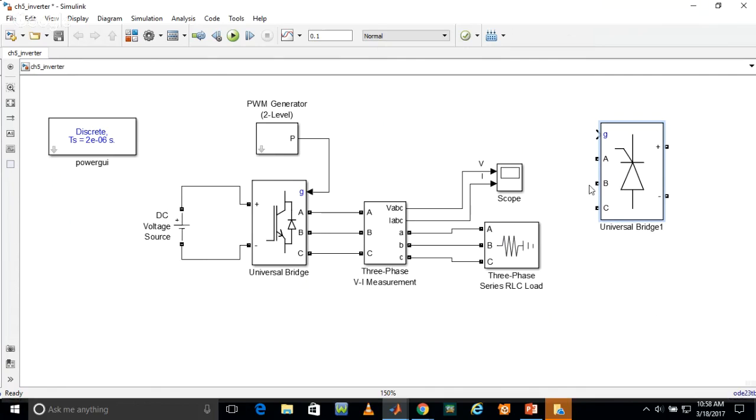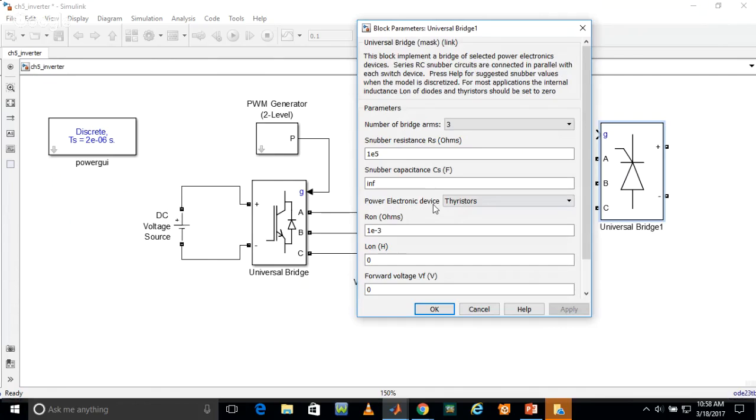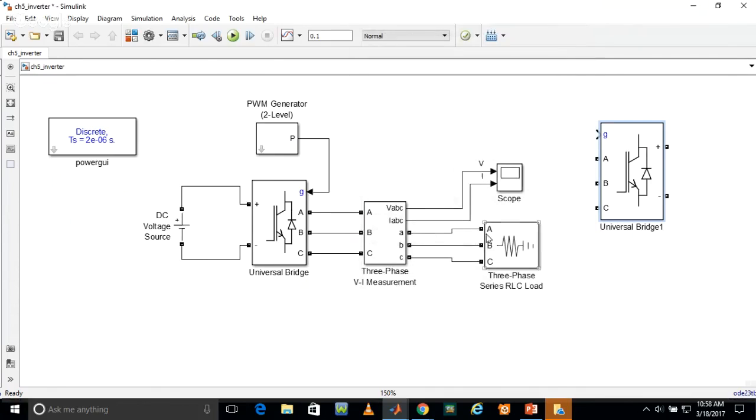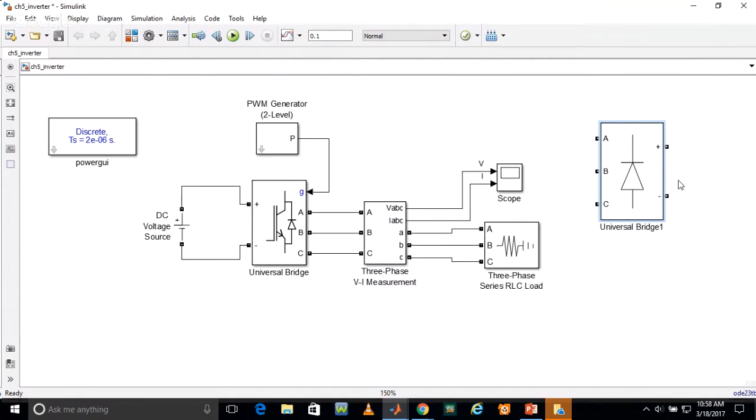The three-phase supply will take ABC and it will provide DC voltage output. So you can make the same universal bridge system into an inverter system and into a rectifier system. If you double click it, there is a circuit, the power electronic device. Here it is using thyristors, but it uses IGBT diodes, so it will look somewhat like this. And if you want to make a rectifier, just use diodes. The same system can be used as a rectifier and also as an inverter. Easy, right? So if you run it,